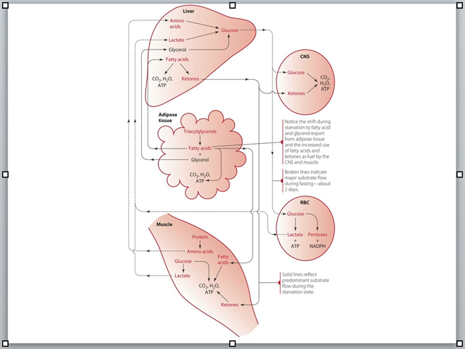This image is illustrating what happens in the fasting state and moving into even the starvation state. So how our body shifts with the metabolic fuels that are used. In this image, the solid lines reflect more of the long-term starvation state, whereas the broken lines are those earlier fasting states in those first couple of days.